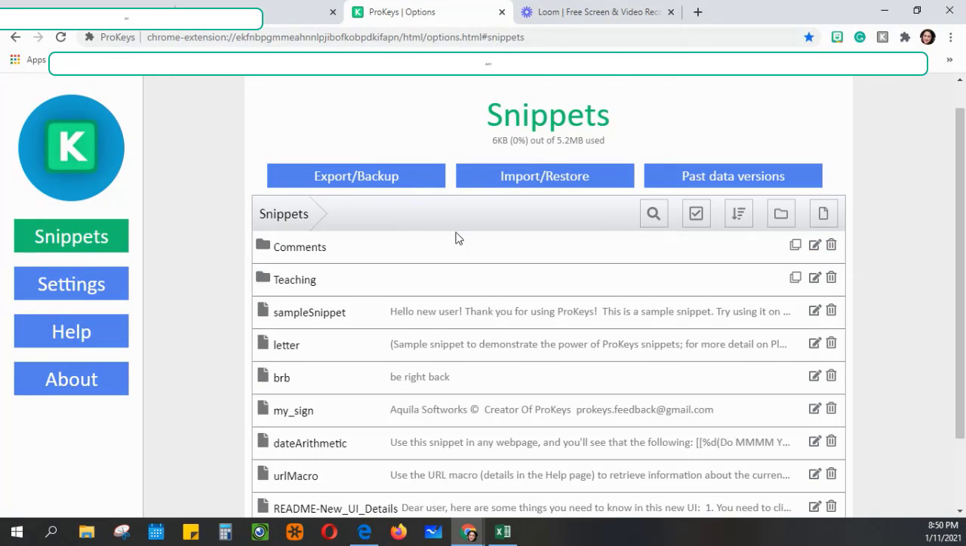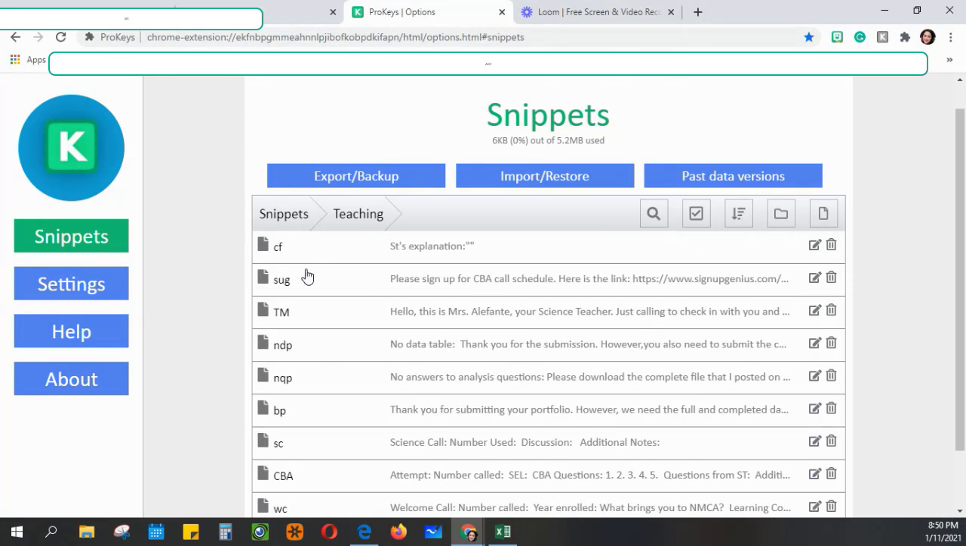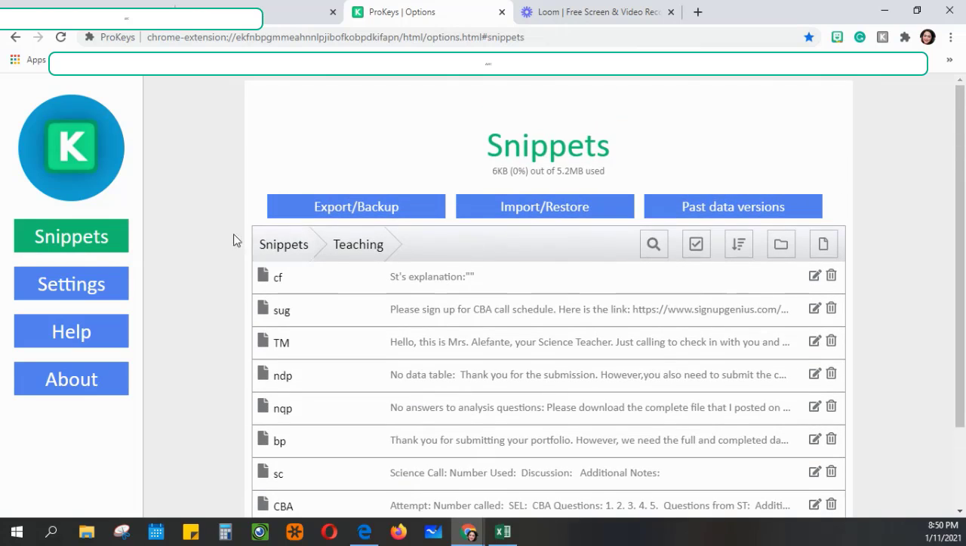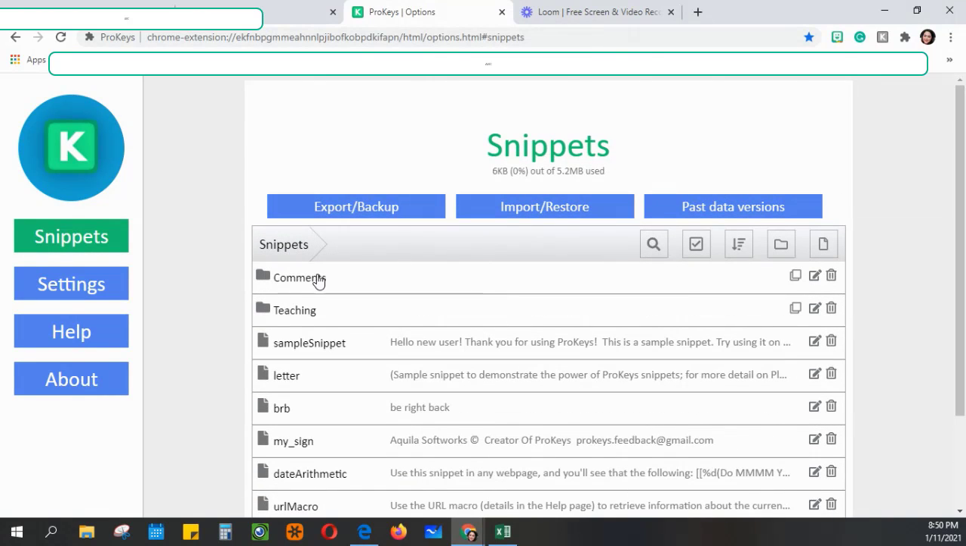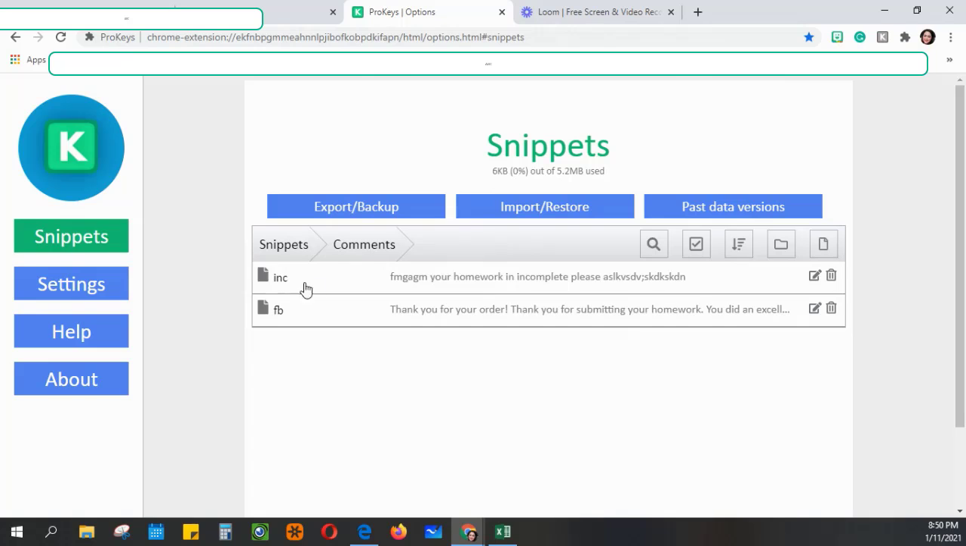If you go back here to teaching, I have this, CF is correction forms, SUG is Sign Up Genius. So I kind of know what these are. Let's go back to snippets, and this is our comments, right? So remember, you have INC and FB. And then how to use it is really easy. You just need to remember the code,